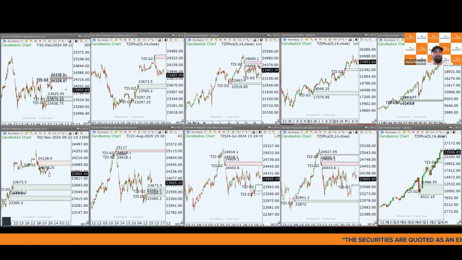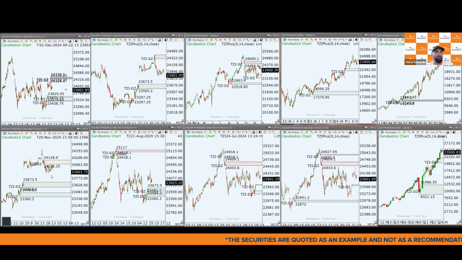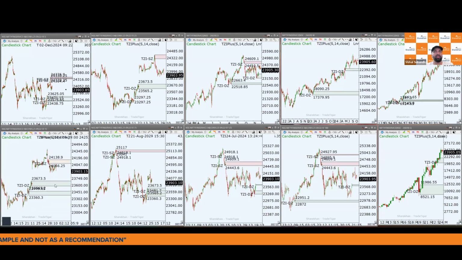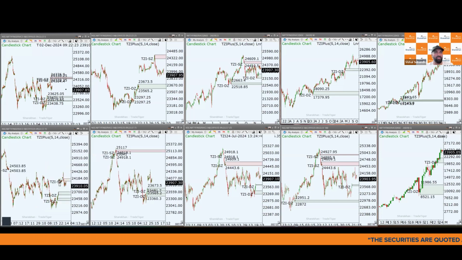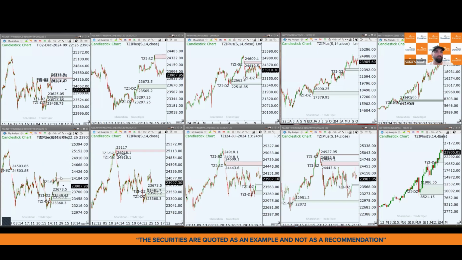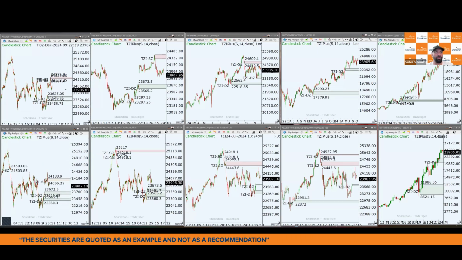We can see the price levels coming down to close this gap, 23,673. And there is a possibility that after that, we might see a trend continuation to the upside. So this is what is seen on the chart. There is a possibility that we will fill this gap today and then will most probably continue moving to the